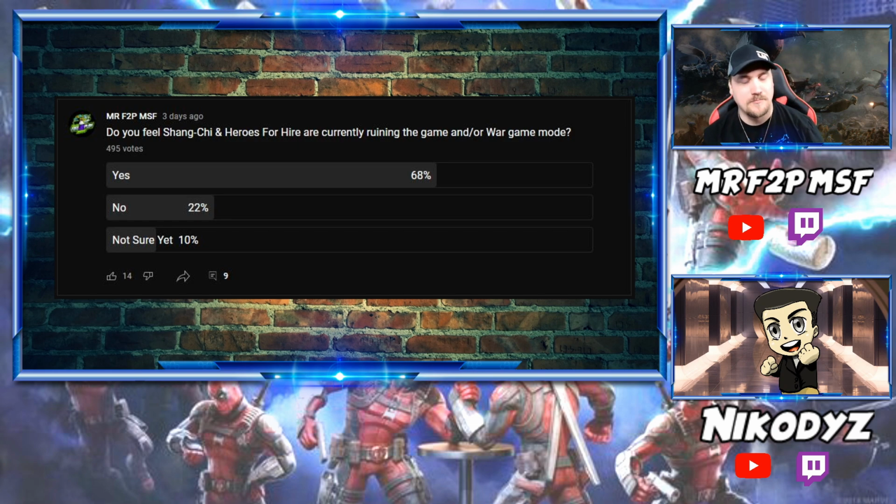But I do agree that it is frustrating, especially when you come across an 800k Heroes for Hire and you don't have any counters. But I wouldn't say it's ruining the game. Okay, yeah, I don't know if I'd go as strong as using the word ruining. This question came from a lot of Reddit posts that I was seeing about Shang-Chi and Heroes for Hire, and so one of the things that I don't like, and I probably would have more clicked yes here just for, and I don't really agree with the strong language of ruining, but what I don't